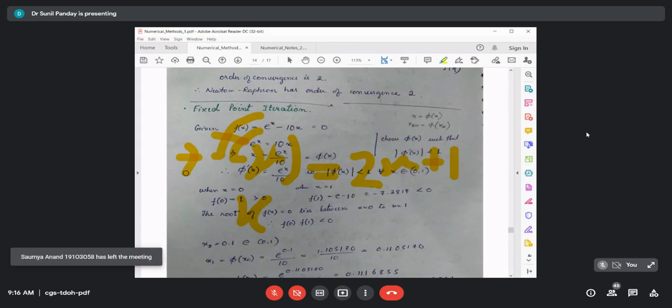You can substitute and try this. If I put x equals minus 1 here, what will I get? 2 into minus 1 is minus 2, plus 1, finally minus 1. So the image of minus 1 is minus 1 under the function f(x) equals 2x plus 1. So minus 1 is the fixed point of the function f(x). This is the definition of the fixed point of a function.